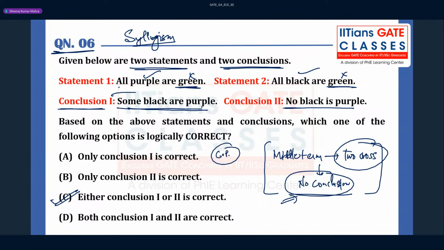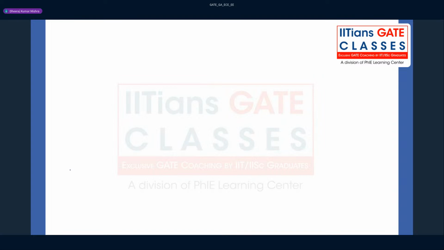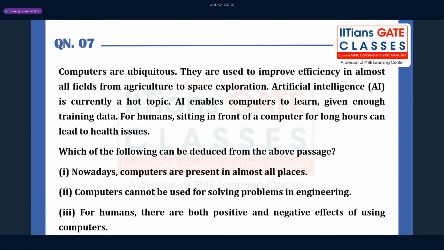So option C will be correct for this question. I believe this is fine. So option C will be correct. Now let us read this question, question number 7, and these kind of questions are always asked. You might have seen in all my sessions of aptitude, the inference based questions. So this statement has been taken from some newspaper, you can say. So let us read the